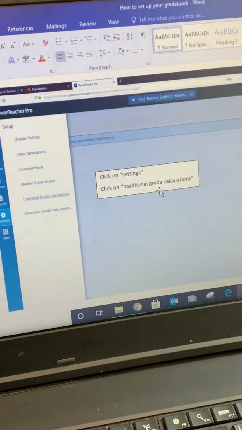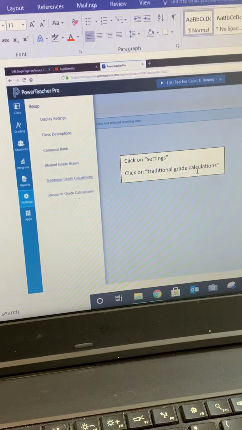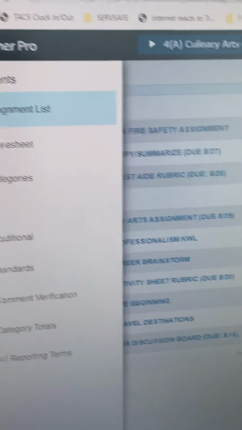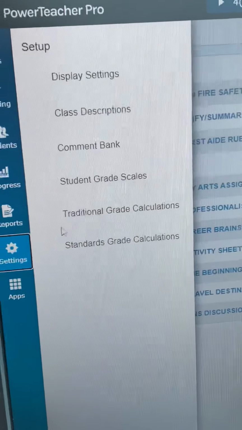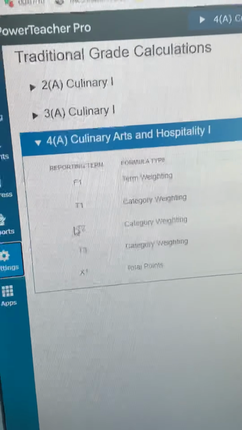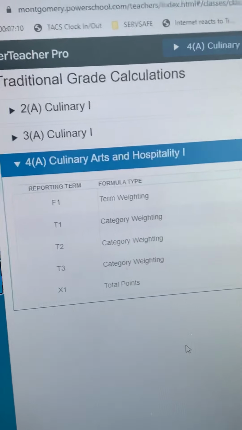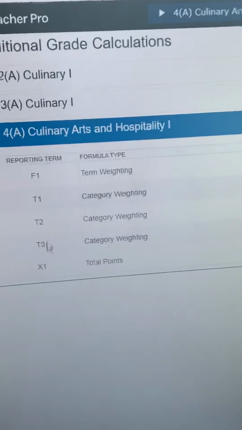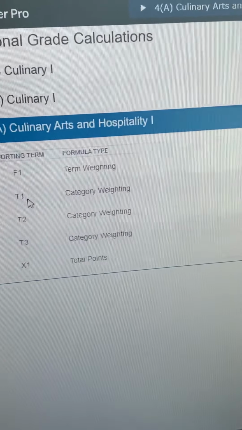So you click on settings and the traditional grade calculations. So over here on this other screen, we click settings and traditional grade calculations, just like we were setting up our grade book. But this time we need to focus on T1, 2, and 3. So first T1, you click on the pencil